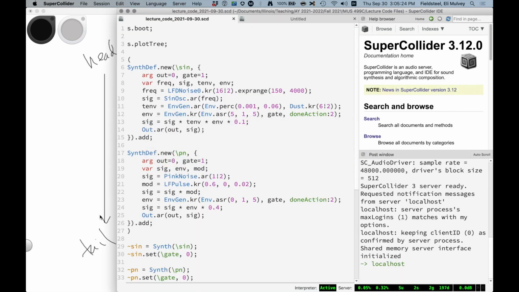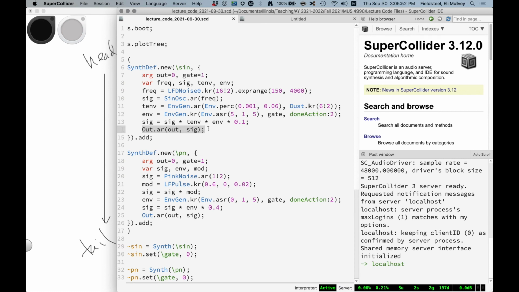Also, when we've been building synths, we know that if we want to generate a signal and send it somewhere, to speakers or to an effect, we have to put an Out in that synth. Out is the UGen which writes a signal to a bus. And the concept of a bus is a little bit elusive. A bus, at least in the context of SuperCollider, and more generally, is simply a place,